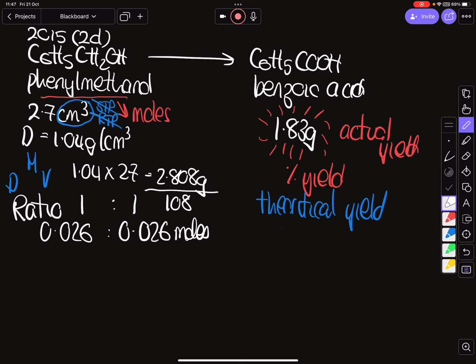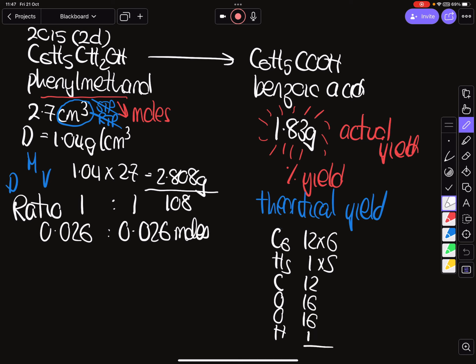So we have C6H5COOH, so 12 by 6, 1 by 5, 12, 16, 16, and 1. And when we add all these up, we should be getting 122. So now I'm multiplying my 0.026 by 122, and when I do that, I'm getting 3.172 grams, and this is